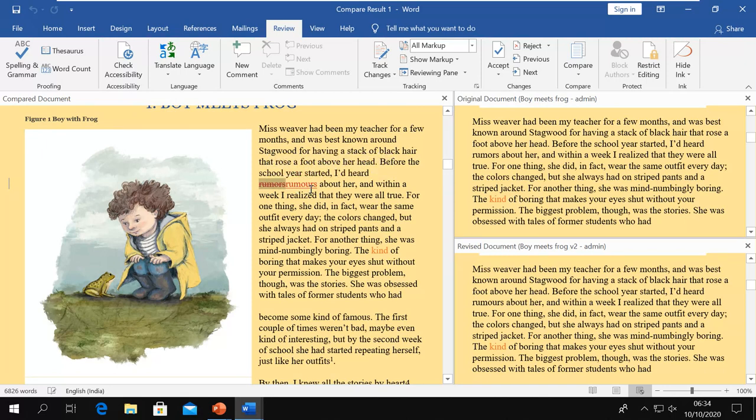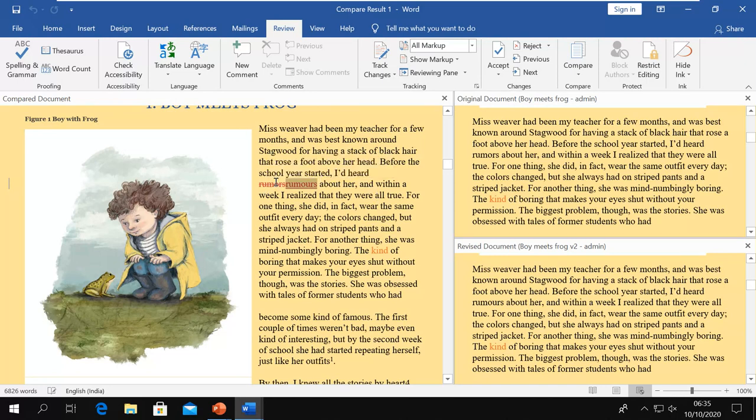This was the change. It was not tracked. It was the change we made with the spelling check. We changed it for a spelling and grammar mistake. So it was removed and this one was added, and you can see here in the document also where is that original one and the removed one. So you can see here the original, and you can see the revised, and here you can see both.